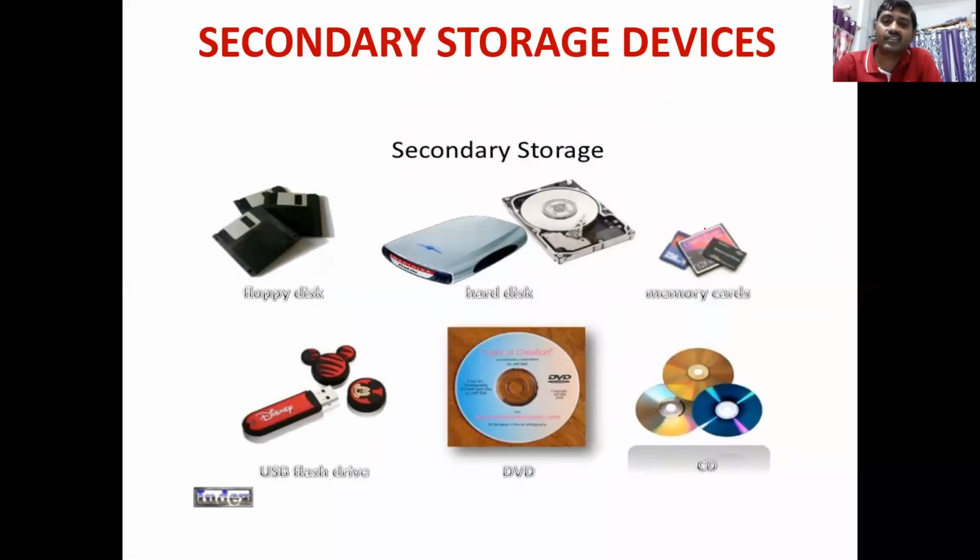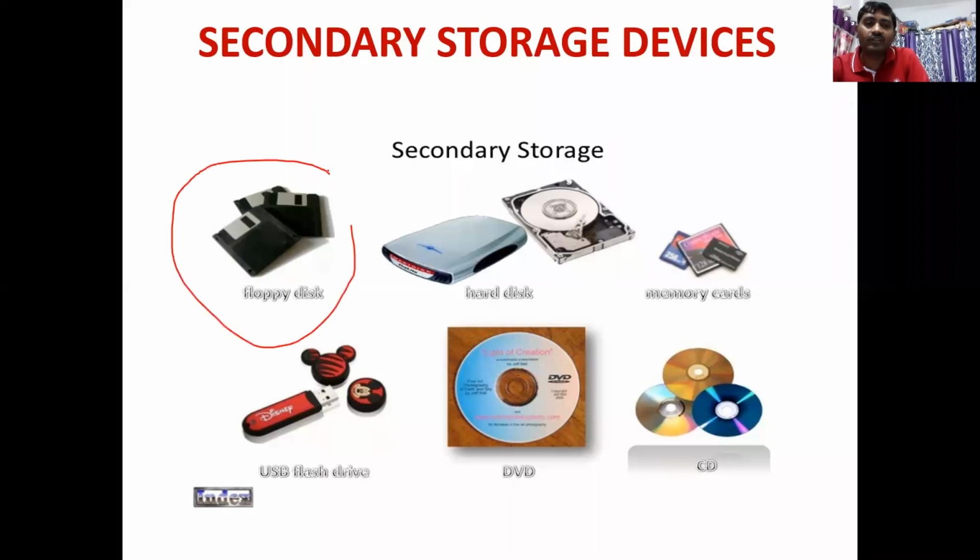Coming on to the secondary storage, the hierarchy will be register, cache memory, primary memory. The next one we call the secondary storage. In secondary storage there are two types, hard disk and the other one is magnetic tapes. So in secondary storage, see here, we have got different types. One is the floppy disk, we'll be looking into that here, and the other one is the hard disk, right?